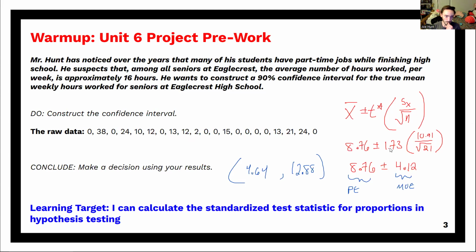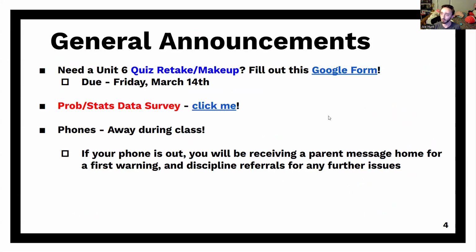So I wanted to make sure I hit that one as we wrap things up for our SPP assignments and start getting into our data project. For those of you that need to do a Unit 6 quiz, retake, or makeup, you're welcome to request them in the Google form that we got on Schoology. My goal is to have those probably ready by Wednesday morning, especially for those of you requesting them today. Those are going to be due probably March the 14th, this Friday, before we leave for spring break. When we come back after the break, we're going to start diving into inference with hypothesis testing. So kind of the other side of the coin, the confidence intervals.